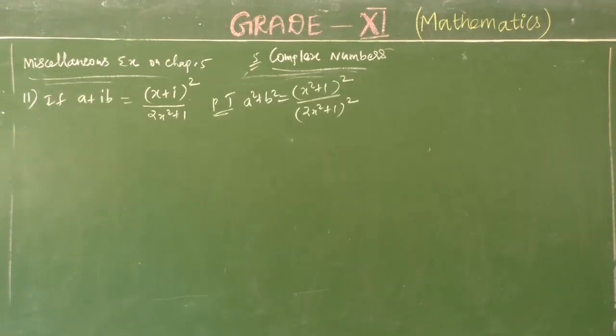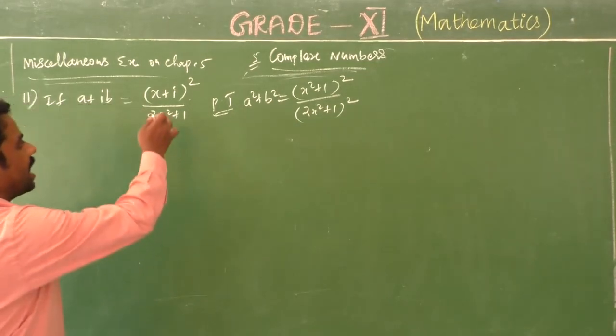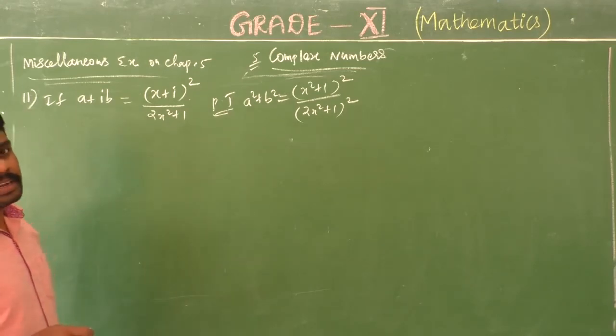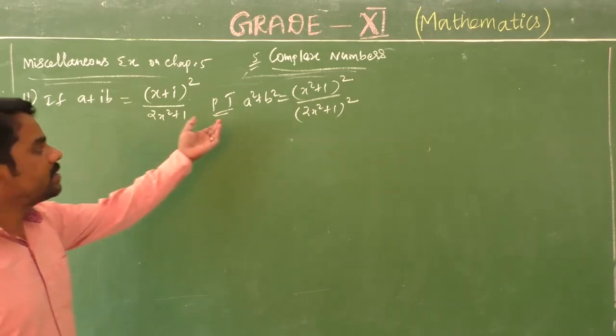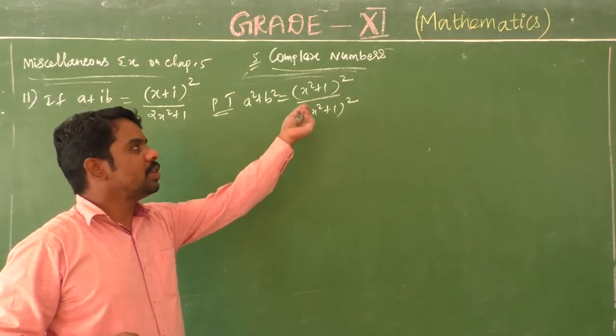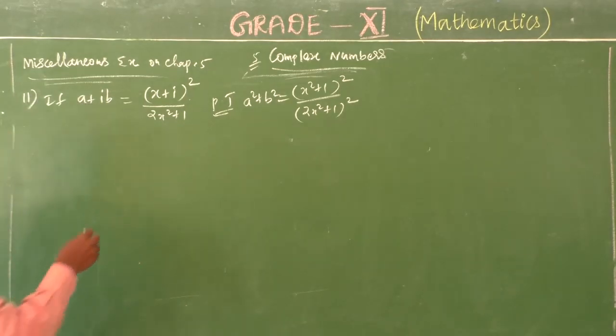The next level question. If a plus ib is equal to (x plus i) the whole square divided by 2x square plus 1, then prove that a square plus b square is equal to (x square plus 1) the whole square divided by (2x square plus 1) the whole square. Right? Next,